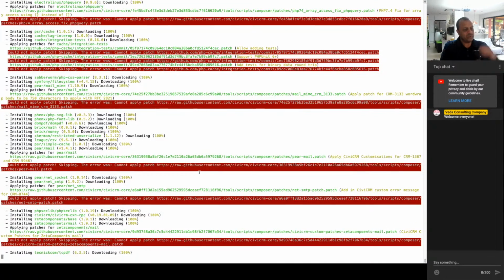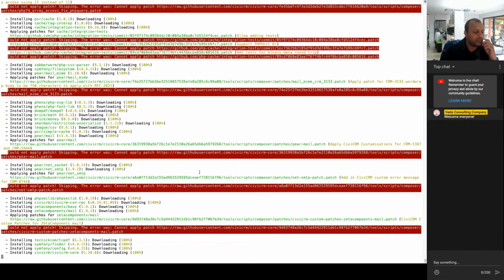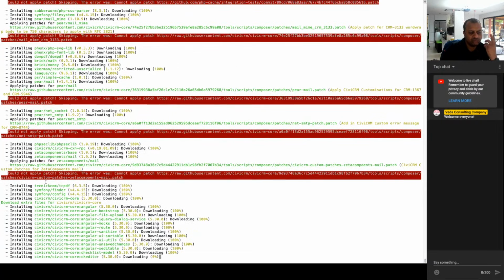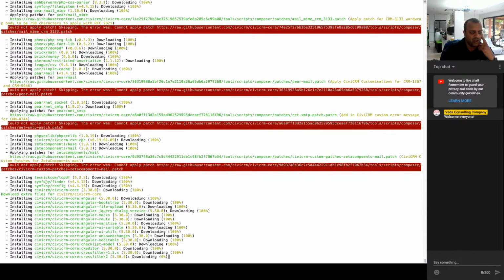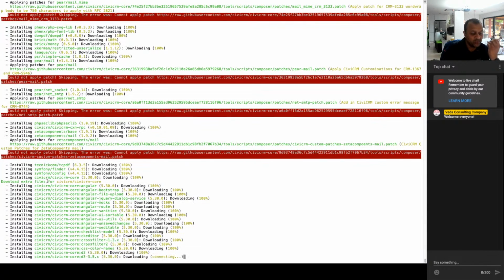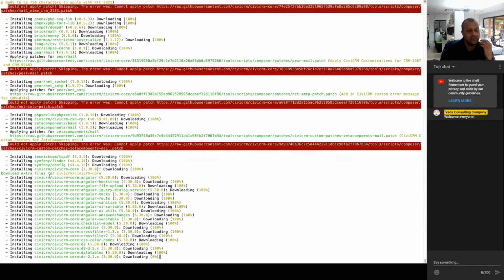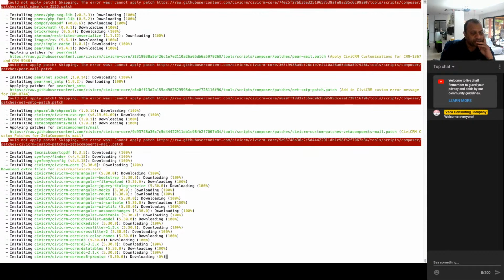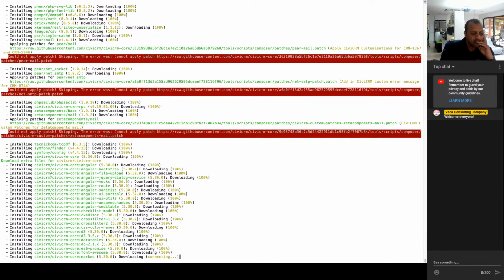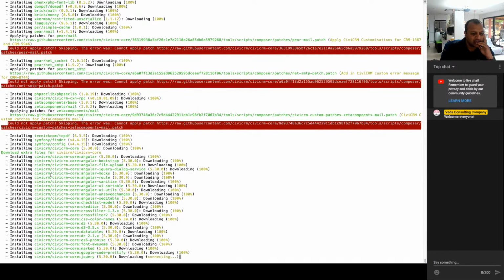So we just let this run through. This downloads everything, and is complaining about not being able to apply patches. This is the reason that I added the patch manager in and tried to make sure I do the commands in the right way, but they still don't apply. I don't know why. I'm in as root, so I've got permissions for everything, so it's nothing like that. But anyway, let's